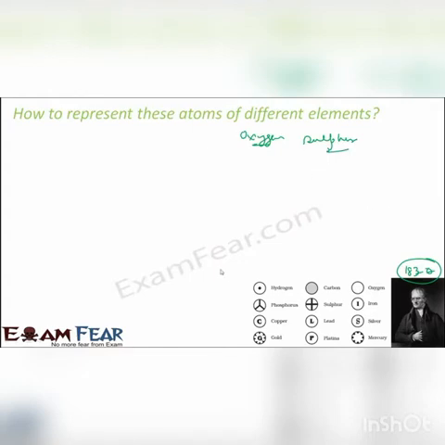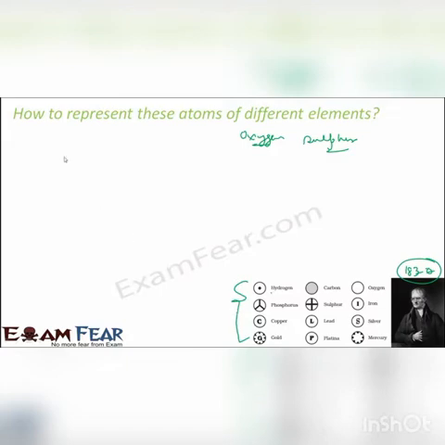So Dalton proposed this idea of representing atoms like this: hydrogen with a circle and a dot, carbon with a circle with a shade, oxygen with just a circle without any shade, phosphorus with this Mercedes shape, sulfur with this cross shape, iron with I here, copper with C, lead with L, silver with S, gold, since it glitters, with extra dots, platinum is P, mercury is M. These were the shapes suggested by Dalton.